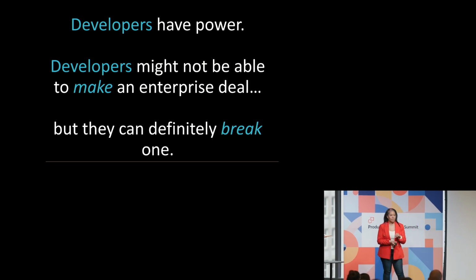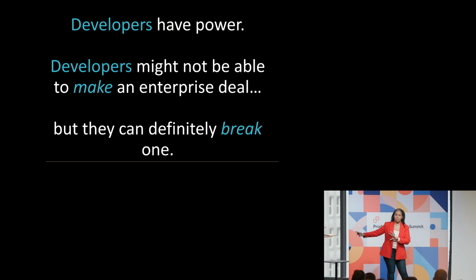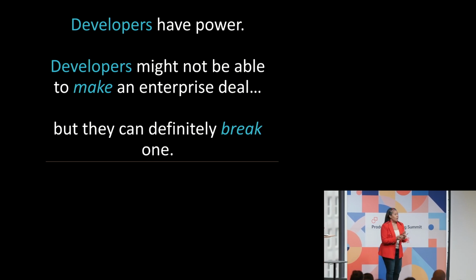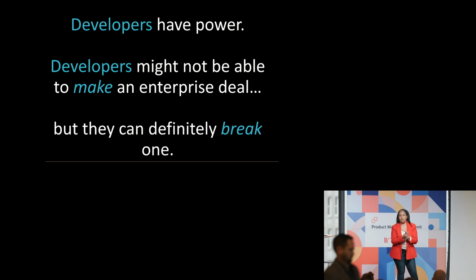We tend to think of them as long tail, like the end of the buying cycle, but that's not the case. A wise man once told me that developers can't make an enterprise deal, but they can break one. You can have a CIO that thinks this is the most awesome SaaS product under the sun. But then when he hands it off to his developer teams, they're like, oh no, this is terrible, I hate it, we're not gonna use it, everybody quits. Like, that's not a good scenario, right?